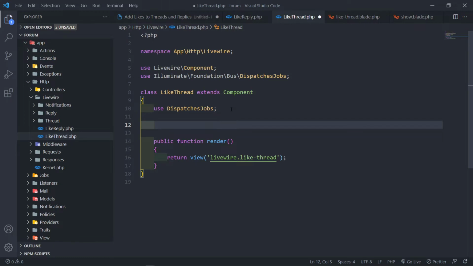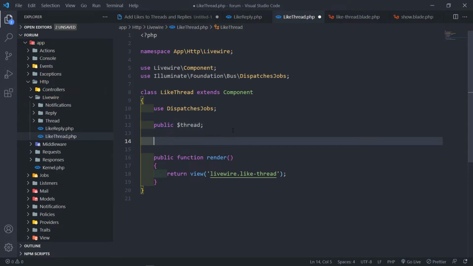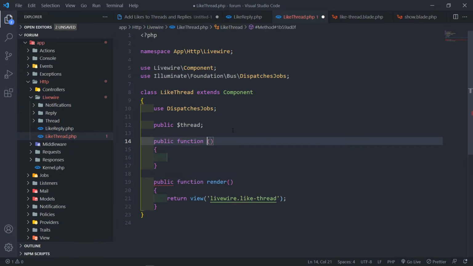We're going to create a public variable. Just remember, in Livewire, if you use a private variable, it cannot be accessed in the front end by JavaScript, which Livewire uses to do its magic. So just make sure you don't create a private variable. This needs to be a public thread. Then we're going to create a mount method, public function. The mount works like the construct method in PHP, more or less. And this is going to be the thread